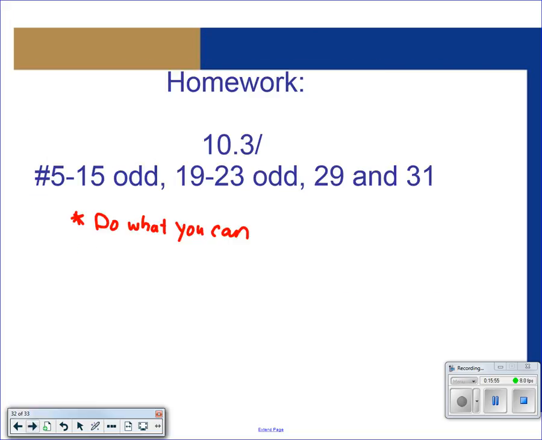No, but we can. All right, so for 10.3, I asked you to just start your homework. We're going to start some of 10.4, and I am going to show you on the calculator how you